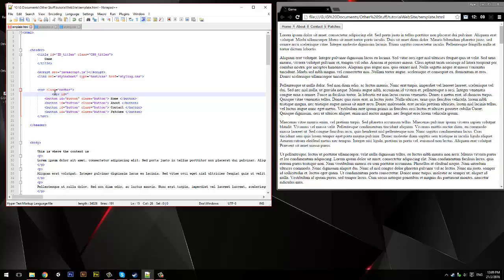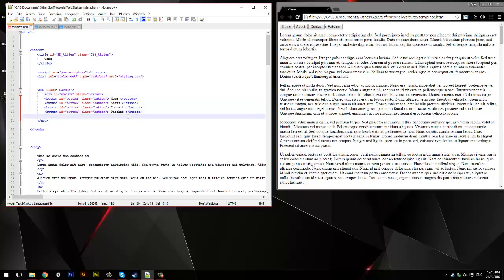ID equals, what do I call it? Can't be border. Nav box. That sounds good. Also, do a capital on the second or third word so it's easy to read. I'll call it class equals nav box. You don't always have to put an ID or class if you don't want to, but it makes things easier in the future. So just end it off with /div. Making things look better makes things way easier to navigate and such. So I call this navbox,